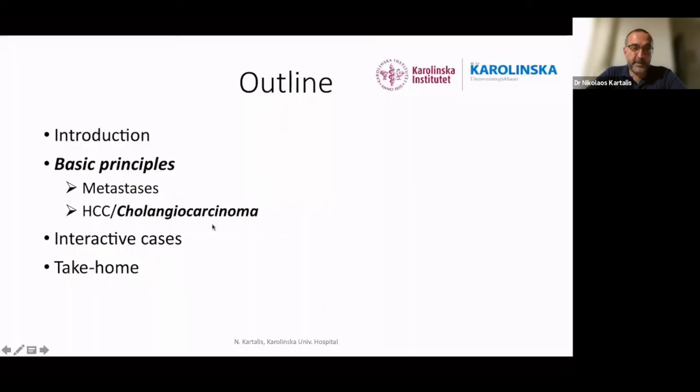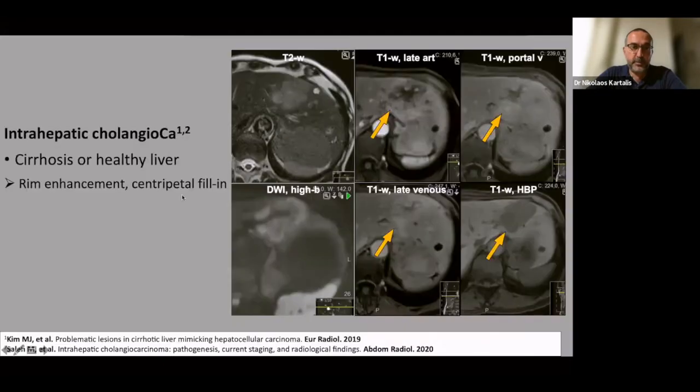Moving to the cholangiocarcinoma, these are fiber-rich tumors. They can be seen in both healthy livers or cirrhotic patients. Typically, they have peripheral enhancement that fills in progressively towards the center. In the late venous phase, you see almost complete enhancement. And of course, in the hepatobiliary phase, we don't have any uptake since these lesions do not contain functioning hepatocytes. On the T2, they are slightly hyperintense, by no means as high as the cerebrospinal fluid, and of course, with restricted diffusion.